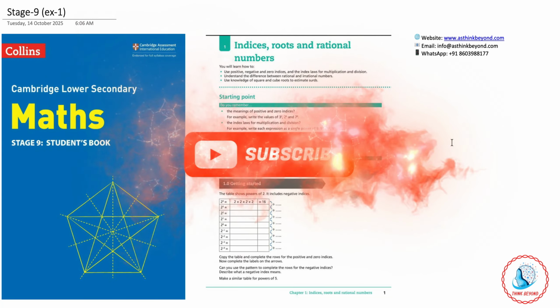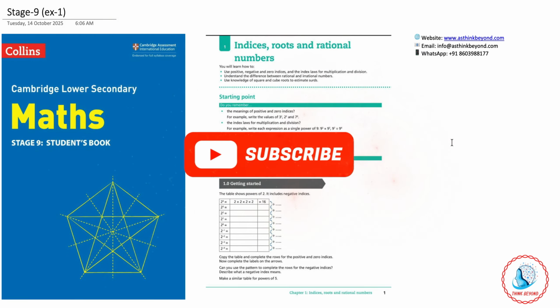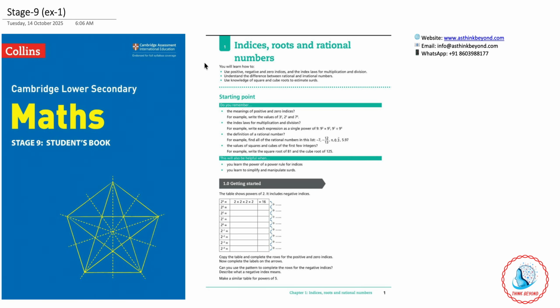So today I'm going to start a new book of stage 9, starting with chapter 1, which is indices, roots and rational numbers. So in this lecture we are going to cover exercise 1, and before moving on to